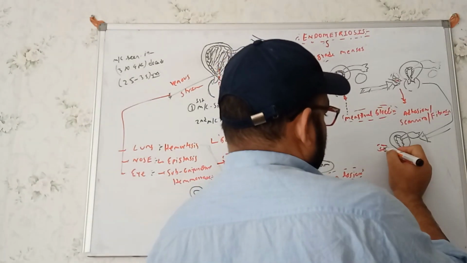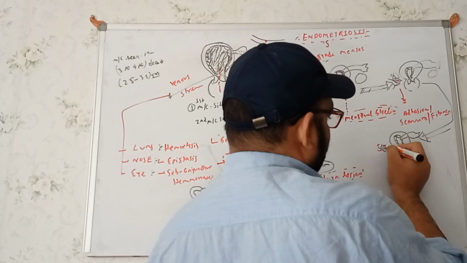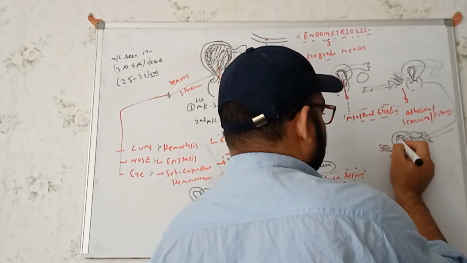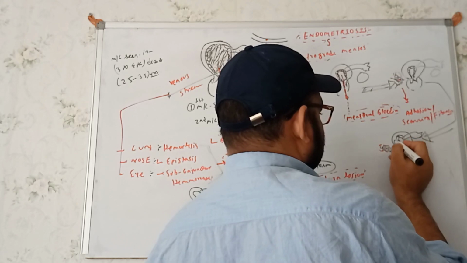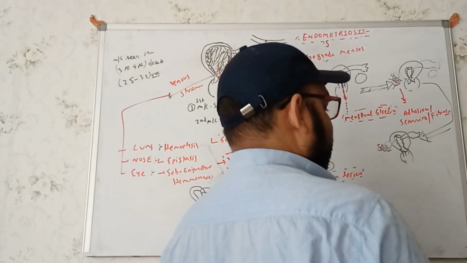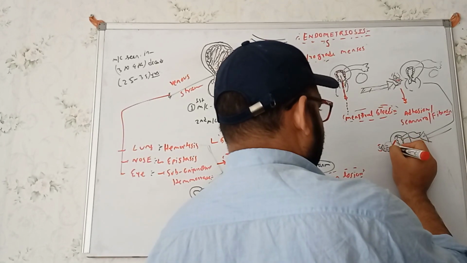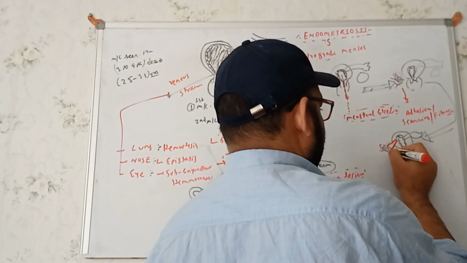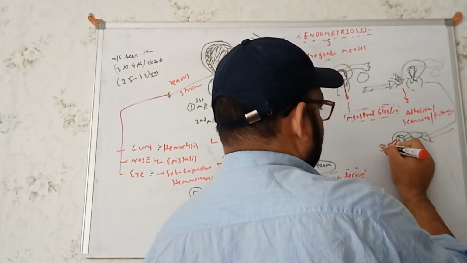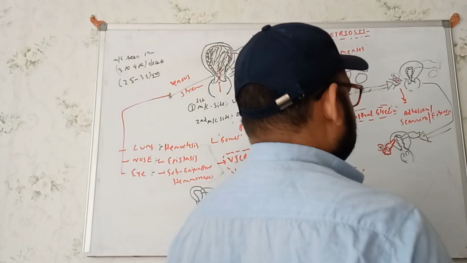This will cause the adhering of the fallopian tube. That means the fallopian tube, for example, will be located in these directions. Let me show the fallopian tube with a different color. So the fallopian tube will be adhered by this combination, that means the adhesions or the scarring of the